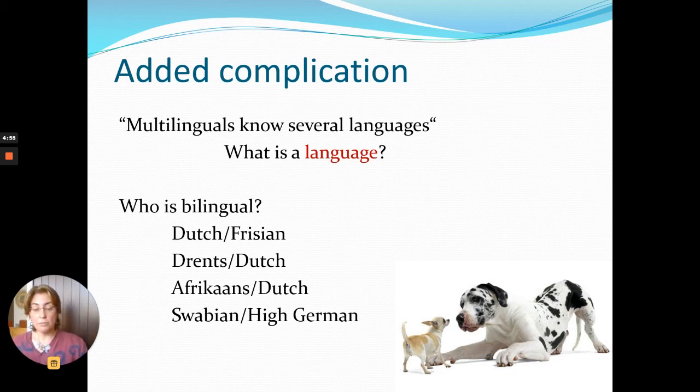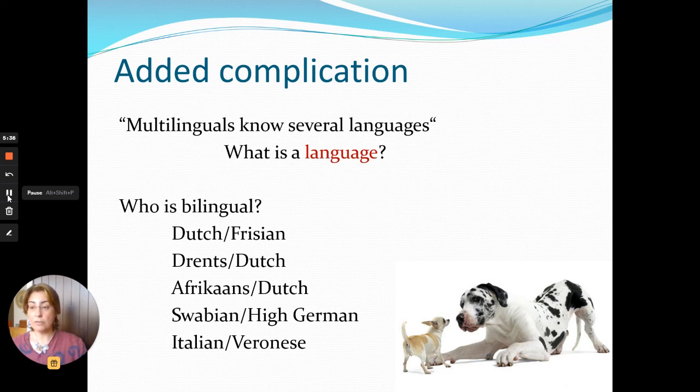In some contexts, you would ask that person, okay, are you multilingual? And they would say, well, no, I just speak German and this dialect that is very cute and everything, but I wouldn't call it a language myself. And in some other contexts, they would say, well, yes, of course, I speak two languages because that's what Swabian is, a language. The same happens, as I said, this is not just a Northern European or a Germanic question. The same happens if you speak, for example, Italian and Veronese. It will be recognized as a multilingual competency in some contexts and not in others.